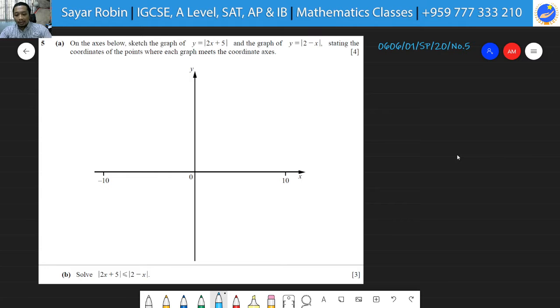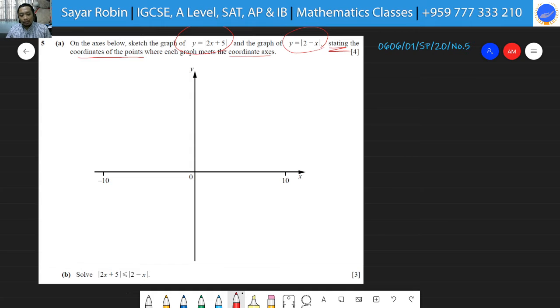Right. So in this problem, on the axis below, sketch the graph of y is equal to modulus of 2x plus 5. Okay, so this is one function, and the graph of y is equal to modulus of 2 minus x is another function. There are two functions here, stating the coordinates of the points where each graph meets the coordinate axes. Which means we're going to find the x-intercept and the y-intercept too. That's why